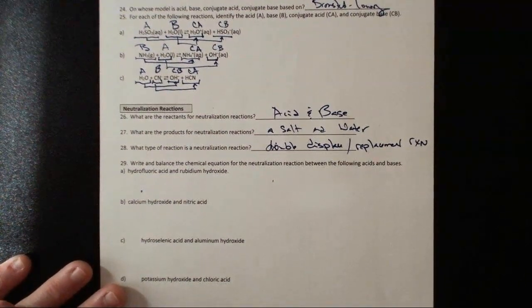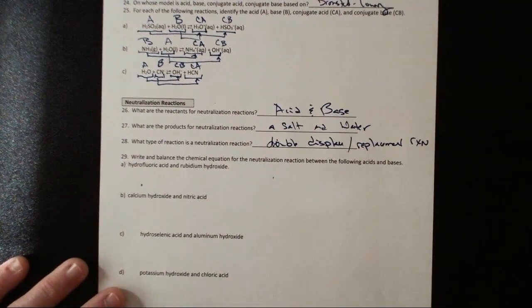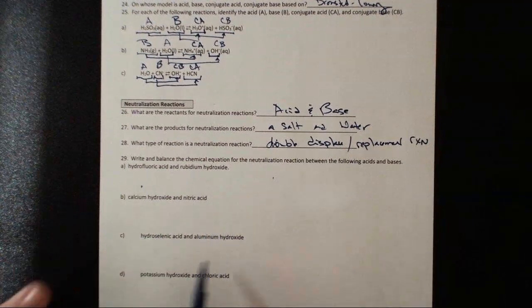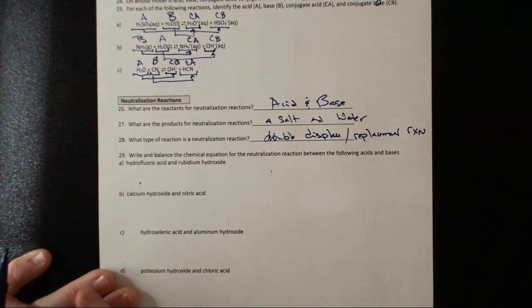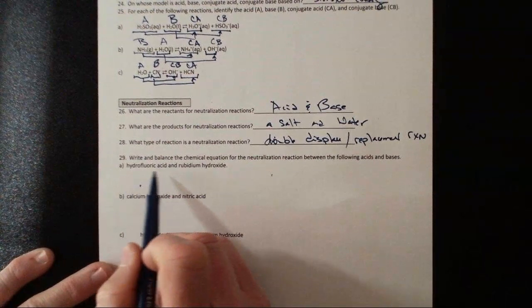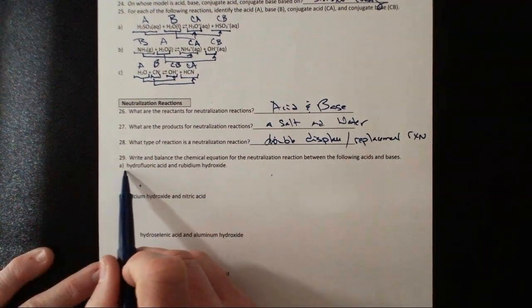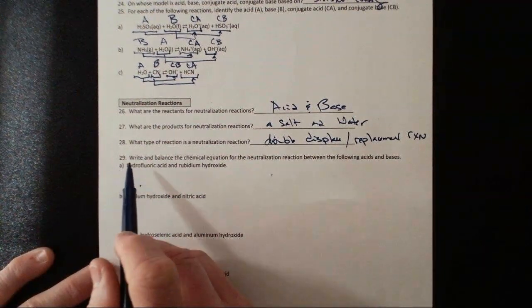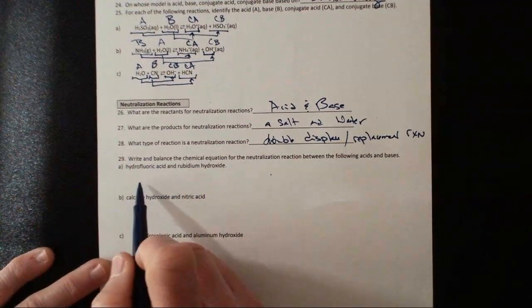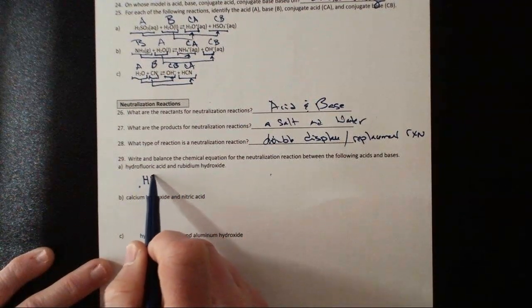All right, now let's finish things out by writing and balancing chemical equations for these neutralization reactions. Let's see if we can write down what these acids are. Hydrofluoric acid. Well, you see the hydro in front, so it is a binary acid, fluoric, so it's going to be our fluorine. So hydrofluoric acid is HF